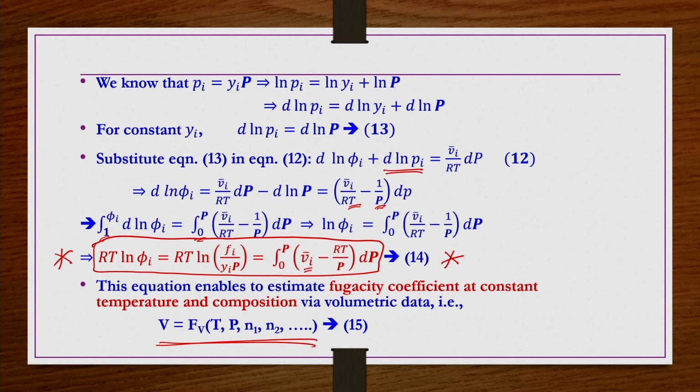So, then how to do that? For that case we will take fugacity coefficient estimation by taking temperature and volume as independent variables. Those things we are going to do later on. So, for the time being this equation is very much essential, and it is used to find the fugacity coefficient of component i in the mixture, provided you know the volumetric data in volume explicit form, as a function of temperature, pressure and composition.